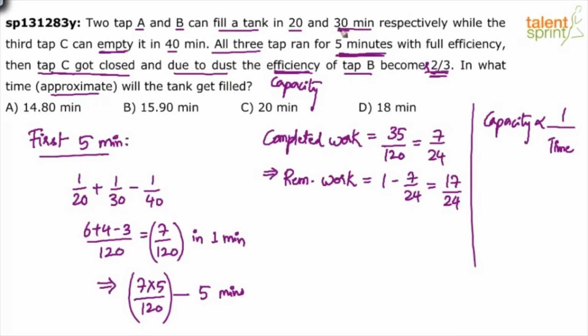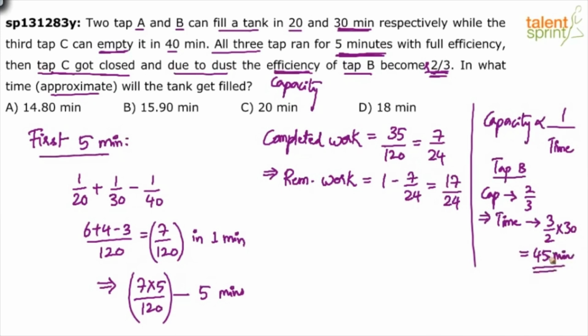Usually tap B takes 30 minutes to fill the tank. But when the capacity becomes 2 by 3, the time required by tap B now to do the work will become 3 by 2 times the original time, 30 minutes. 3 by 2 into 30 is 45 minutes. So now for the remaining part of the work, you must consider that tap B will take